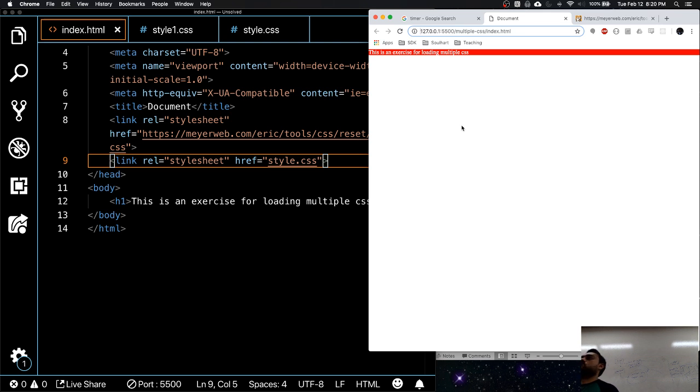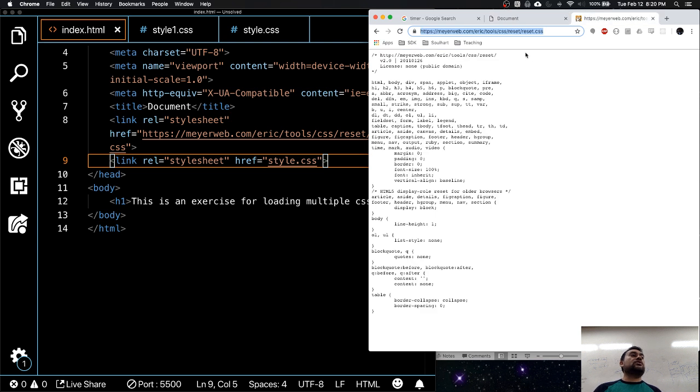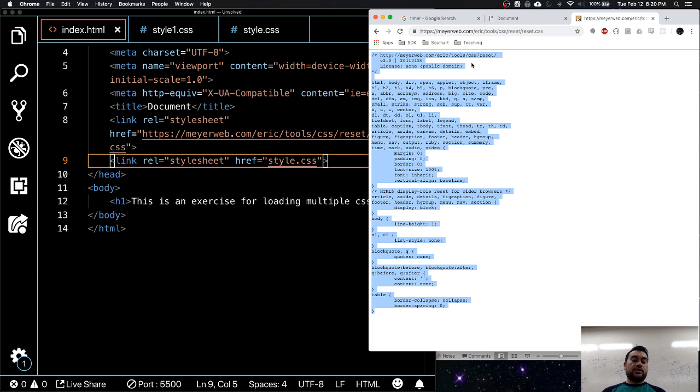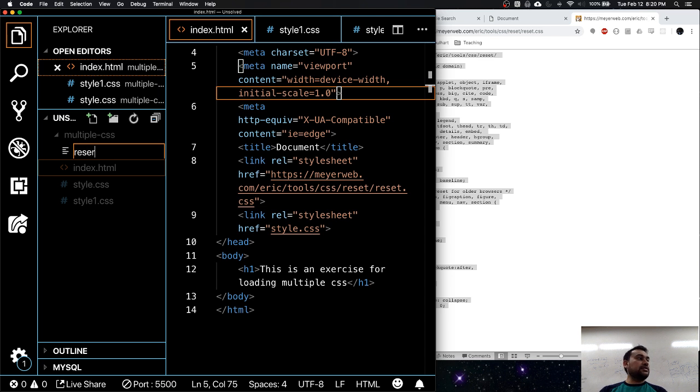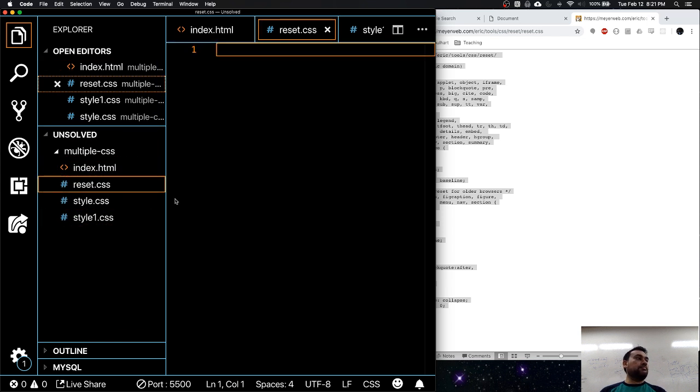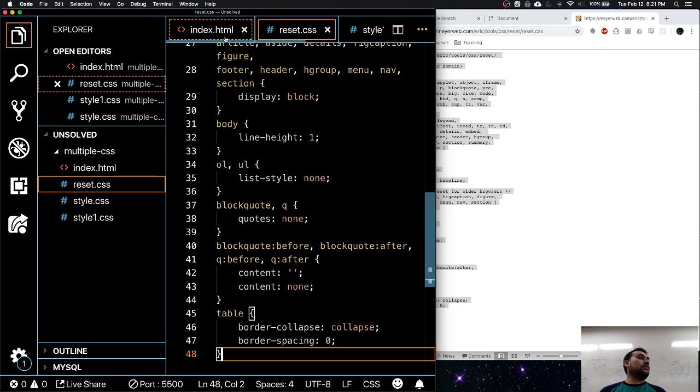Do people just link straight to this guy's site? They make their own? No, you can make your own. Somebody actually wrote it, or you can download this. It's on GitHub. You can download this or just copy this and create a separate CSS file. I threw it in Slack under resources. So I can say reset.css, and you can just paste this here. Okay, go back